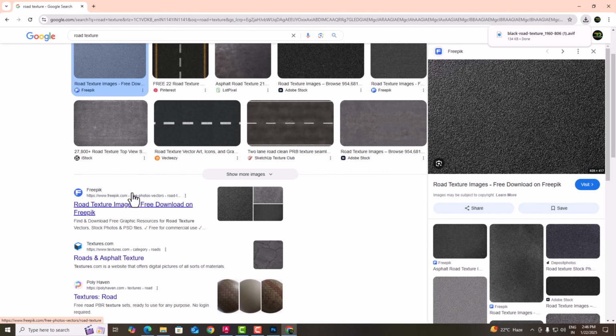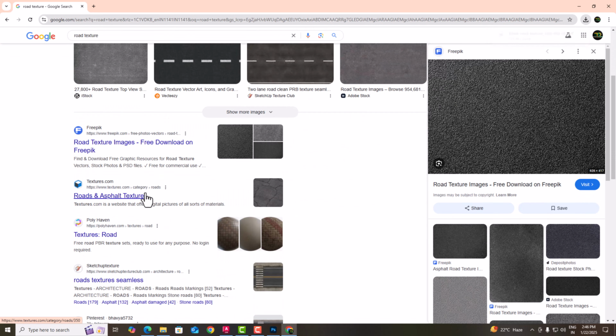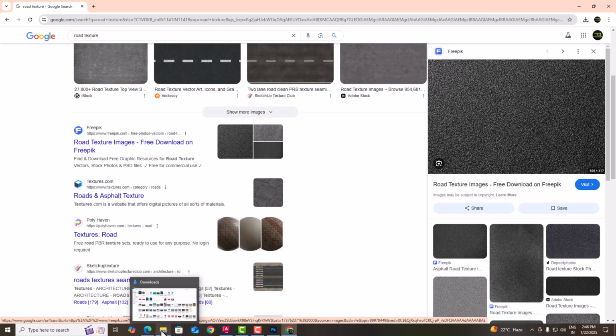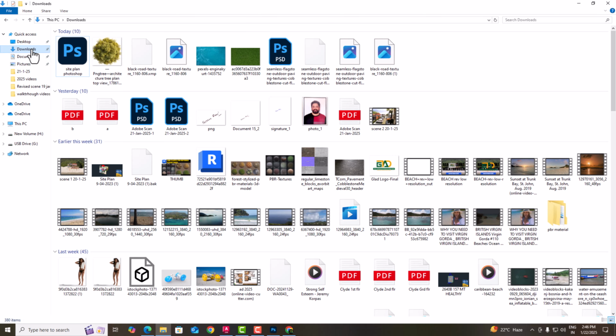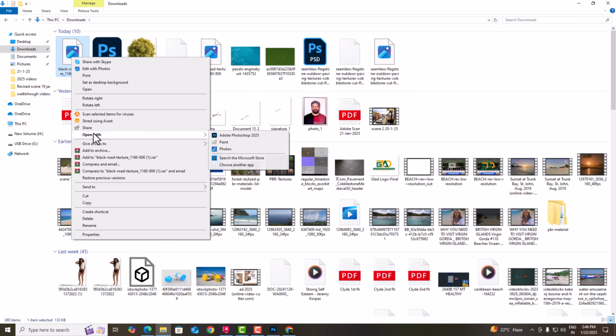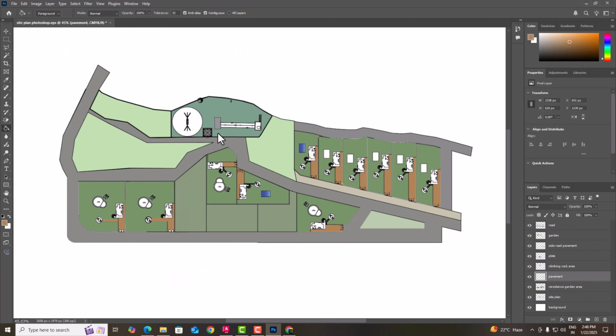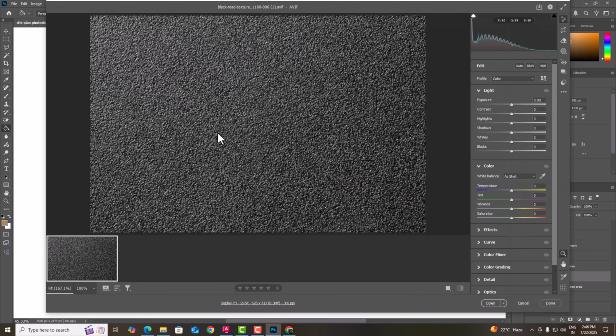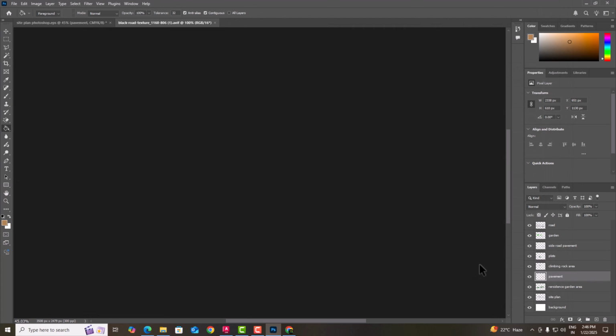So if you Google it, you can see many high resolution textures also. So you can download this, and after this I'm going to my download folders where I have saved this black road textures. I'm going to open this with Photoshop, and now after opening in Photoshop you can click open, and